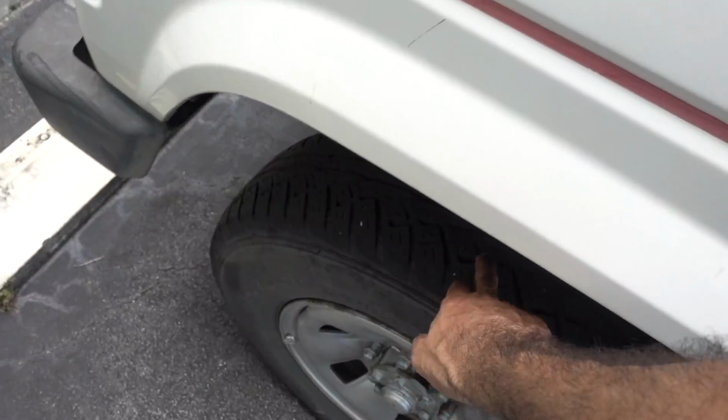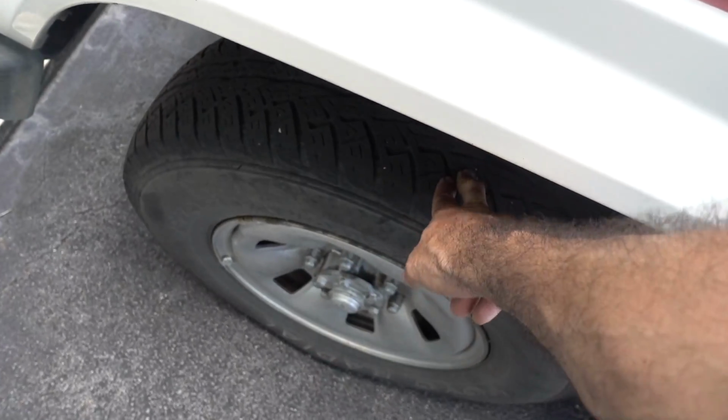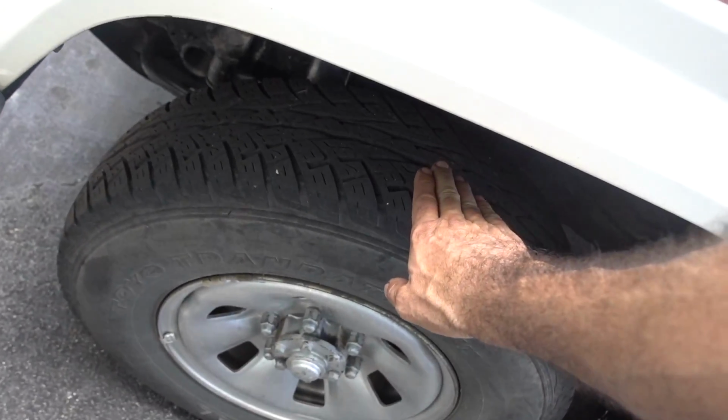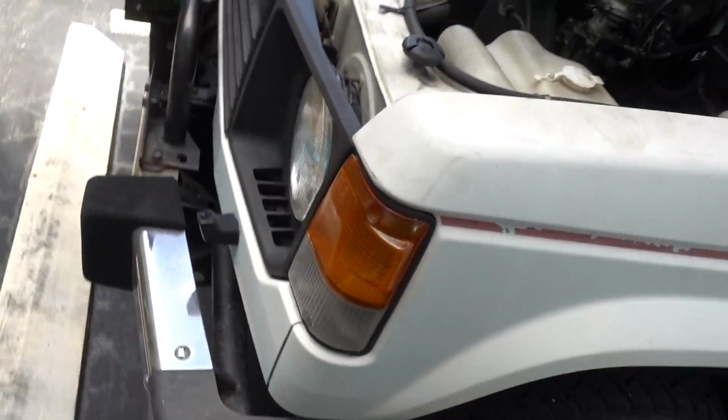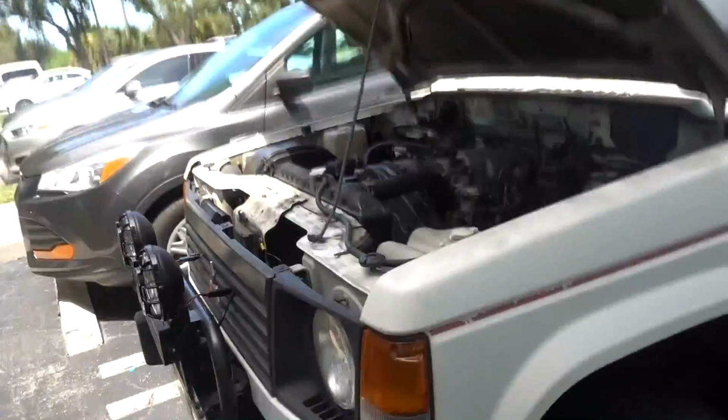So I measured these out to like 27 inches tall. I think the factory is like 29 inches tall, so I'm going to go with a 30. That's going to give me a nice increase in height, and it's going to give the ability to go through some more terrain. And of course, I'm going to do some South Florida tires, which means sand, which means aggressive tread, and hopefully